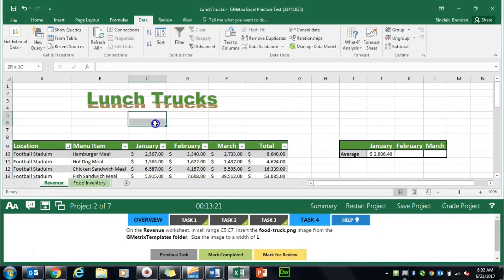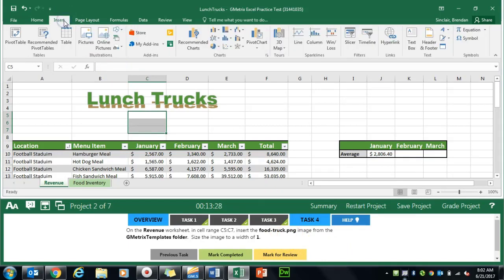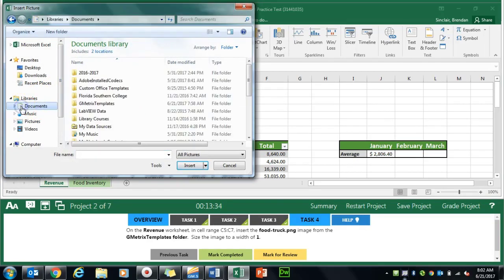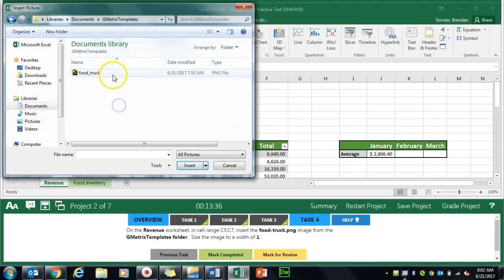And Task 4 asks us to go ahead and stay on the revenue worksheet and select cells range C5 to C7, and it asks us to insert this PNG file called food truck. So we're going to go to the Insert tab here at the top. We're going to go to the Illustrations group, Pictures, and we're going to go to our Documents folder, GMetrix Templates,